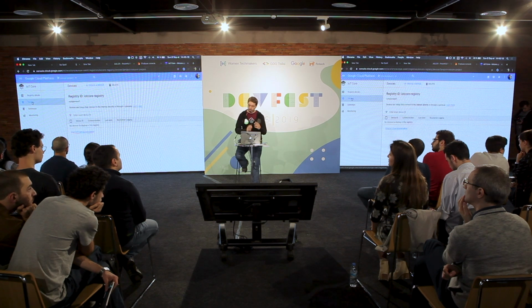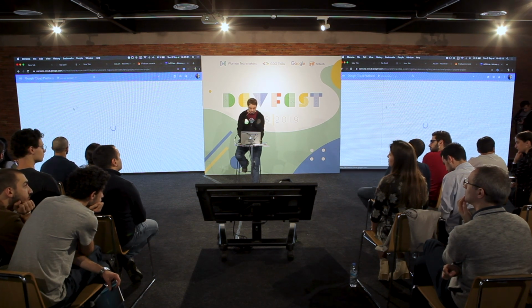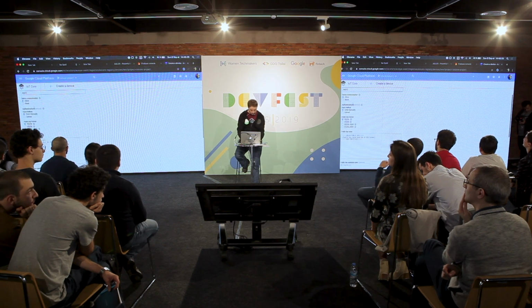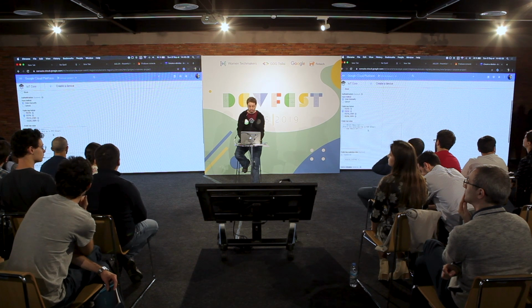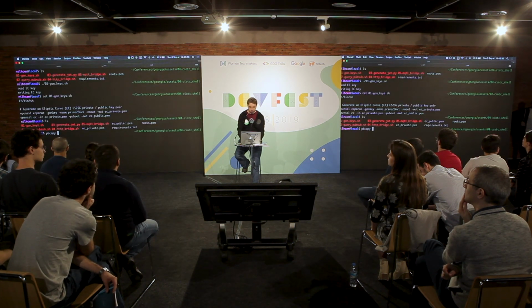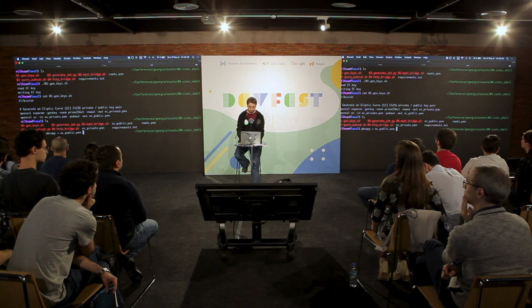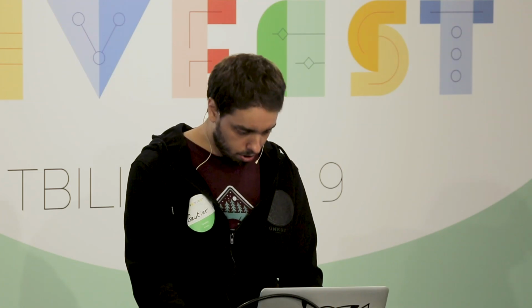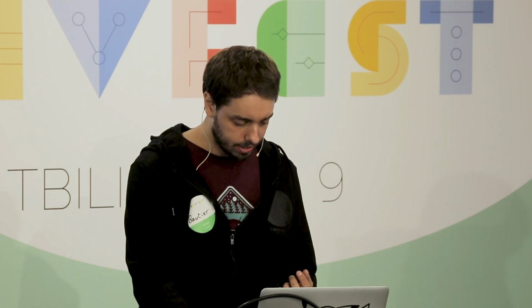In this bucket of devices, you have to create a device. So I will create a device, and I name it ESP32. I will use elliptic curve as my asymmetrical key pair, and I will just copy my public key and provide it to Google Cloud. So now Google Cloud is aware that I have a device, and it knows this public key. My device will try to communicate with Google Cloud with its private key, and if the private key matches the public key, it means it's secure.